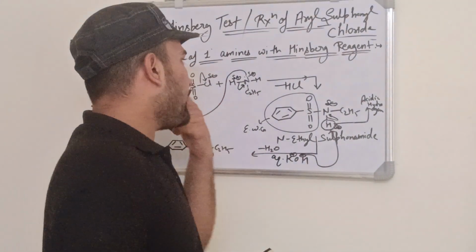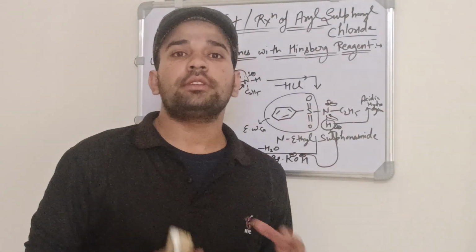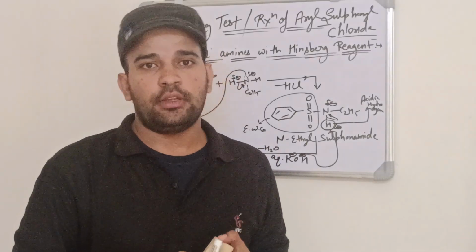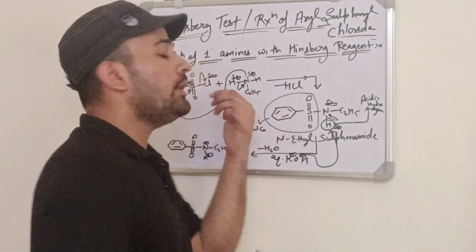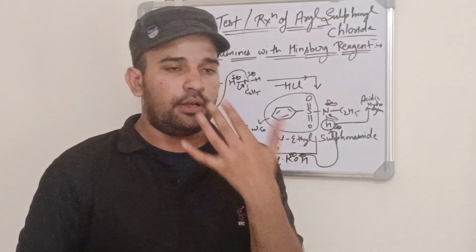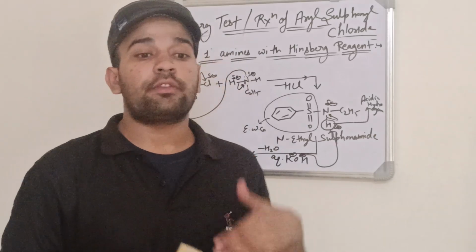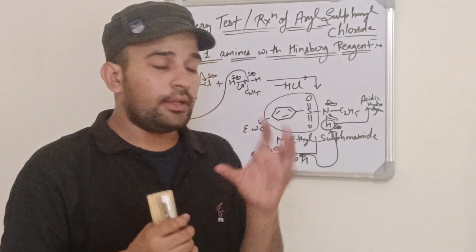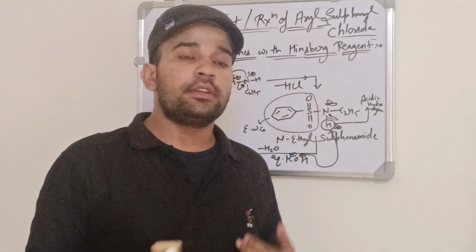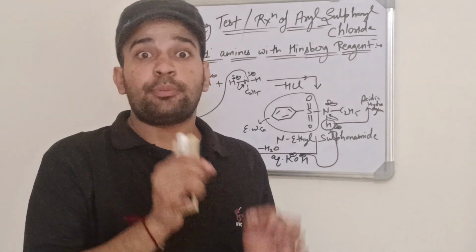Whenever a primary amine reacts with Hinsberg reagent, it will give a compound. If this compound is easily soluble in aqueous NaOH or aqueous KOH, we can say that this amine is a primary amine. If you have an unknown sample, in this unknown sample we will dissolve Hinsberg reagent. If this Hinsberg reagent reacts with this amine, and after this we get a compound, then we will dissolve it in aqueous NaOH. If this compound is easily dissolved in aqueous NaOH or aqueous KOH, we can say that it is a primary amine.